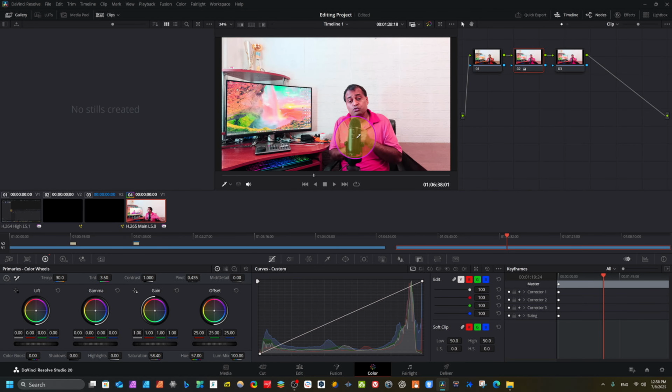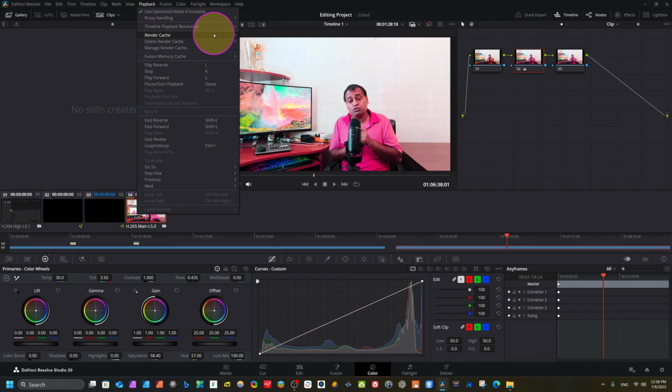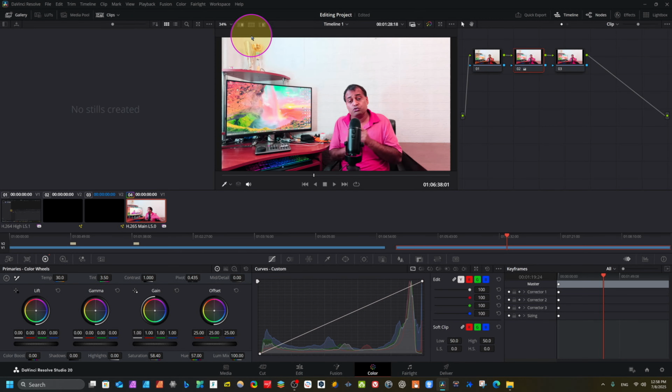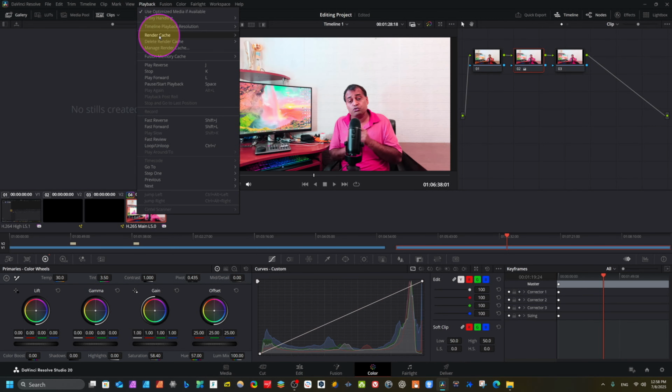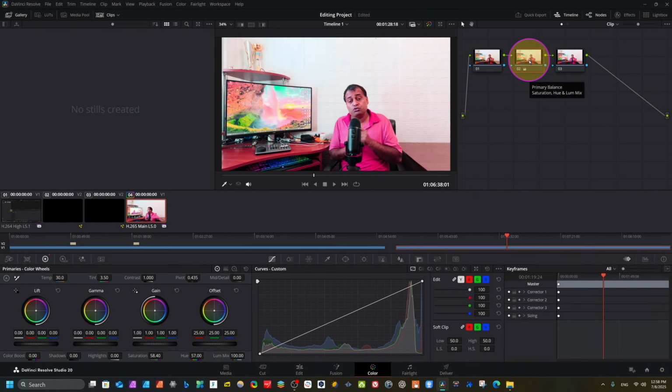Once we have color graded, we come here and decrease the timeline to quarter, so that the performance of the timeline will be smoother after color grading. Okay now. Actually we just click here, because this is our node. You see here the color node. Just click one node, because on this node we have made color grading changes. We just come to Node Cache, and Node Cache is auto, and we will click on, which means now we will control the rendering of color nodes here. Just click on, now the performance of the timeline will be smoother.